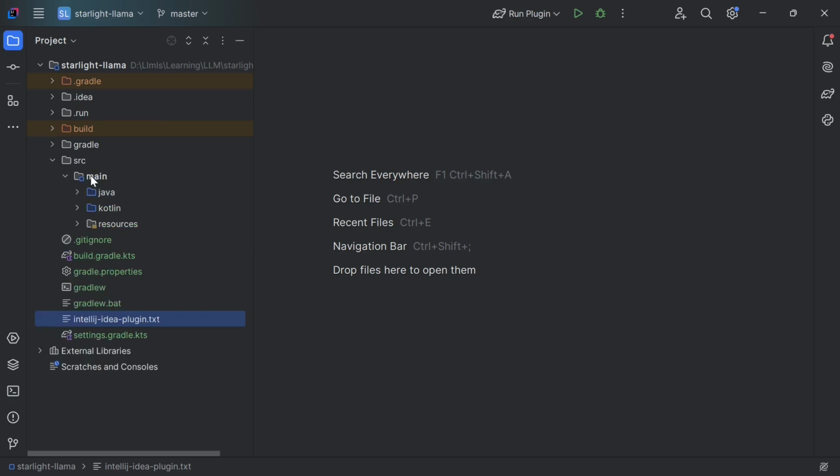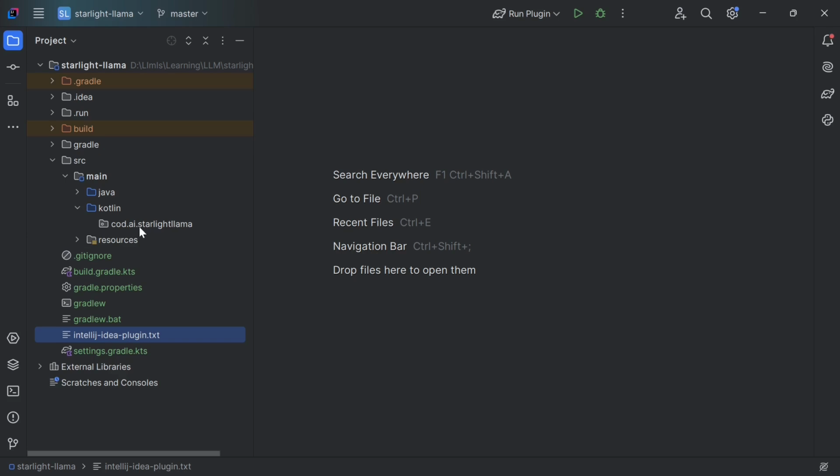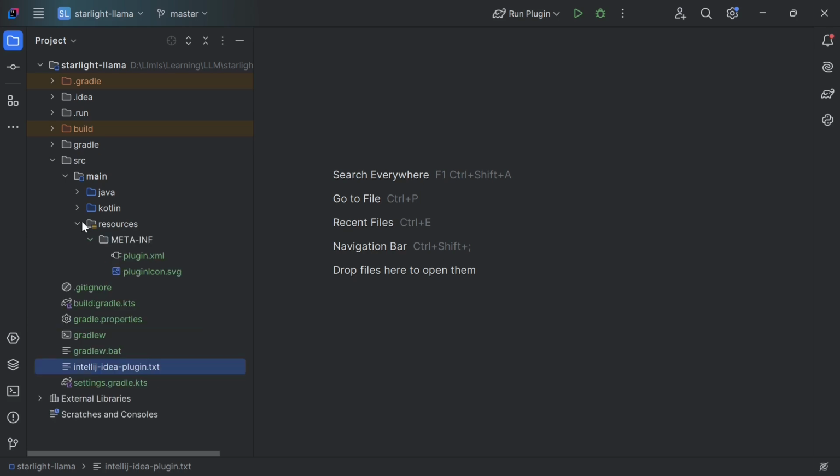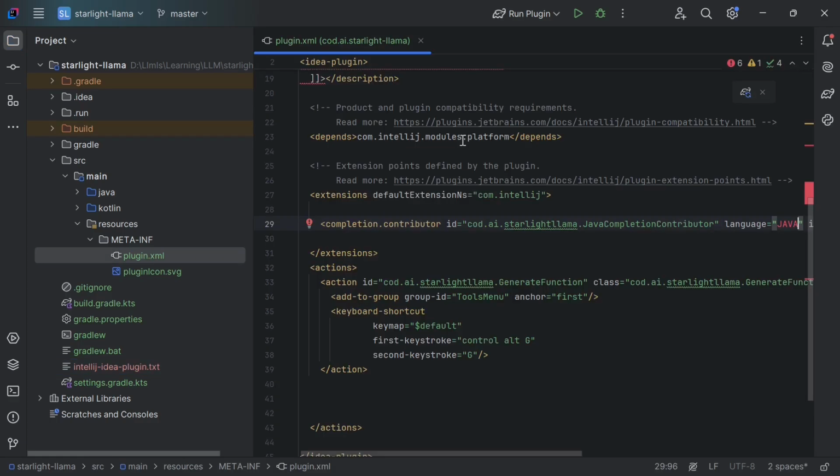In the source main, we have the Java, Kotlin, and resources. So I am not using Kotlin now. As you can see, it's empty. In the resources, you will have two files created for you. So the plugin.xml. In this file, we will be configuring our plugin. So this file is very much similar to what we've seen in VS Code, where we need to add the